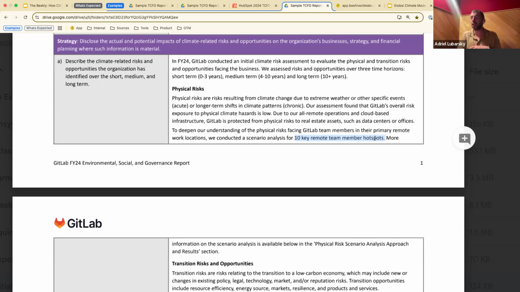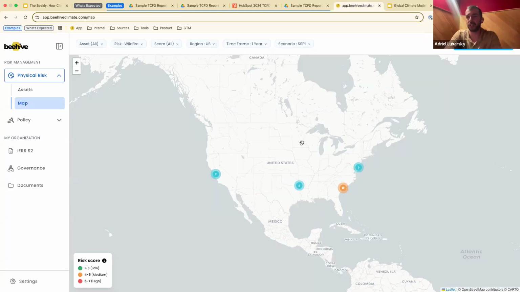And instead of looking at the hundreds of zip codes in which they have employees, and adding to that where they have AWS data centers or where their key customers are located that might disrupt operations, they said, we really got to limit it to just 10. And that's because doing the research for what wildfire risk might be in northern Tennessee, where I have a factory, or in this part of Florida, how hurricanes will change over 30 years if climate change is really bad, and how that might affect my insurance, is a very time-consuming and expensive process. And so that's one of the things Beehive is built to fix.